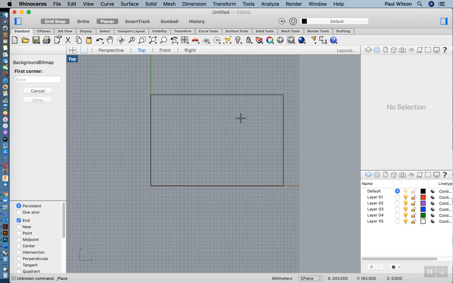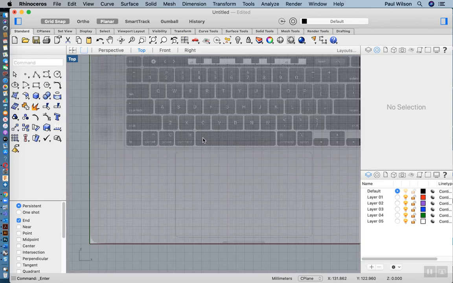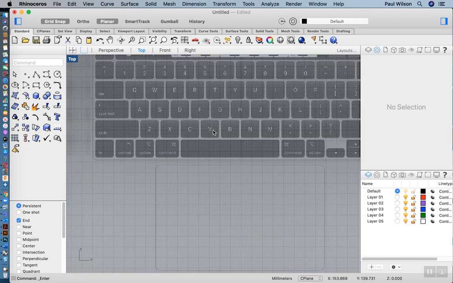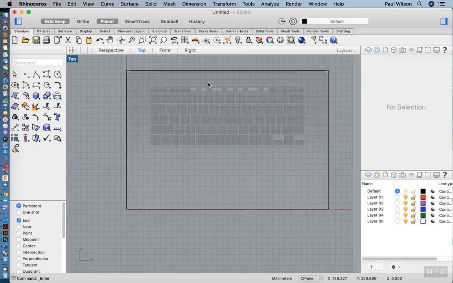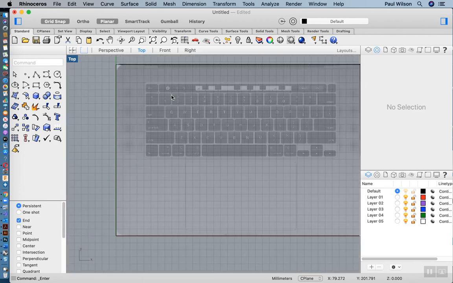And now I'm going to have to define the first corner. So I'm basically going to define the first corner as being there, and the top corner as being there. And now if I zoom in, you'll actually see that I have the keyboard. Now, this is really useful because it means that I can start to trace over stuff. For example, if I was to go down, change my layer to the red layer,